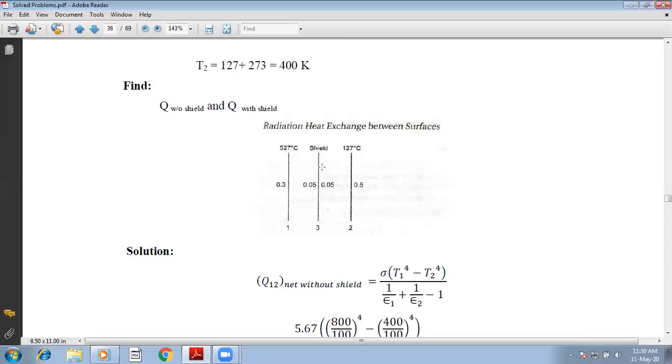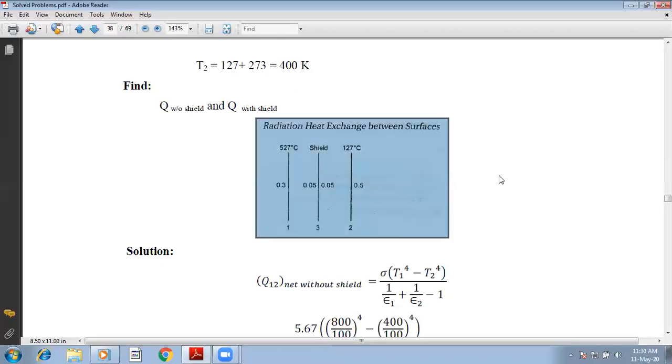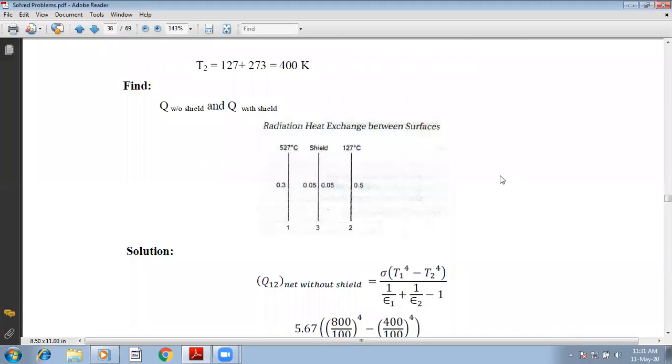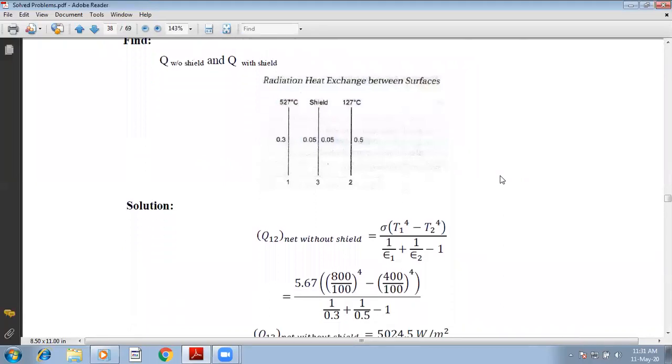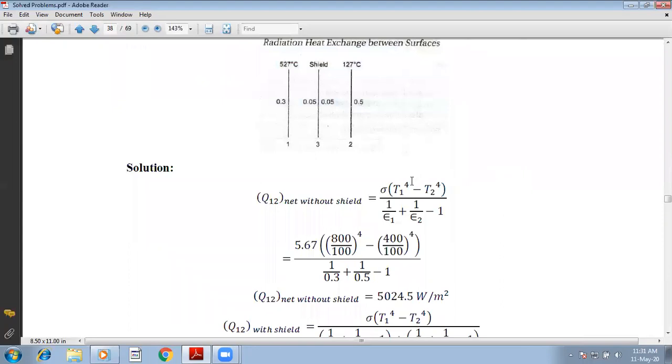Now, in order to address the first question, that is, heat transfer without the radiation shield, this type of problem we have seen in the last session, wherein two surfaces are at different temperatures. Because of the change in temperature, there will be heat transfer. Now that is given by